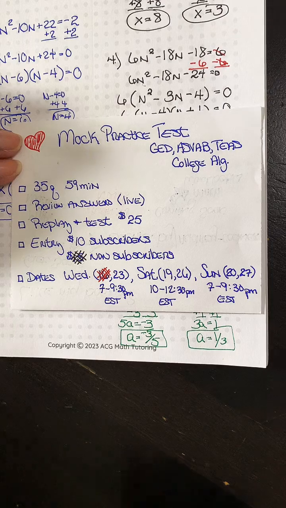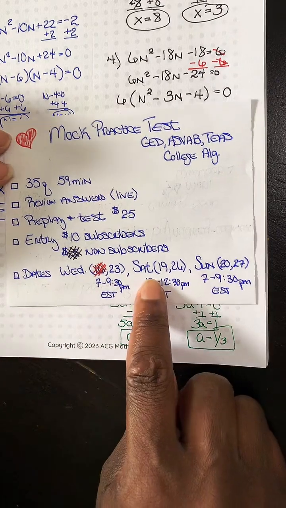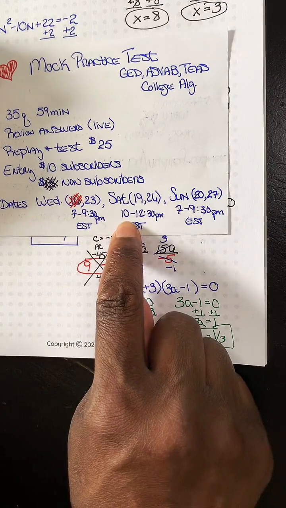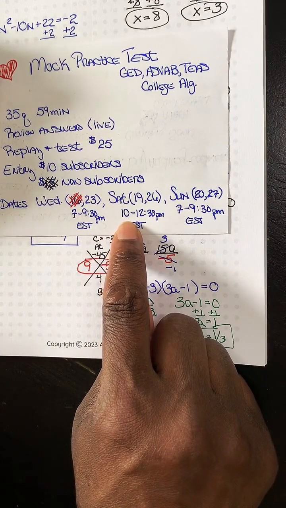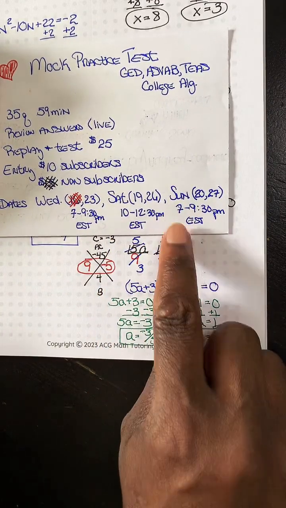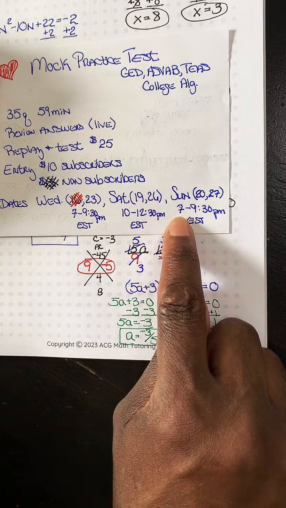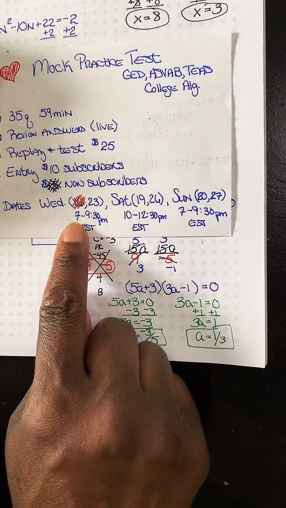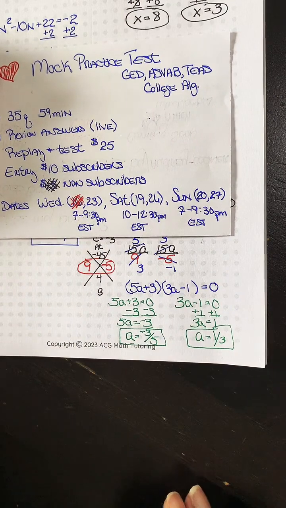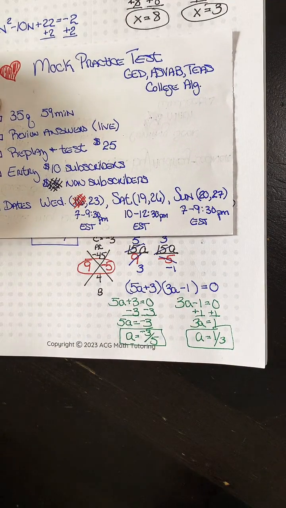Okay, so the next one is going to be happening this Saturday at 10 a.m. Eastern Standard Time. The next one is going to be Sunday at 7 p.m., and then the following Wednesday at 7 p.m. So we basically have like five